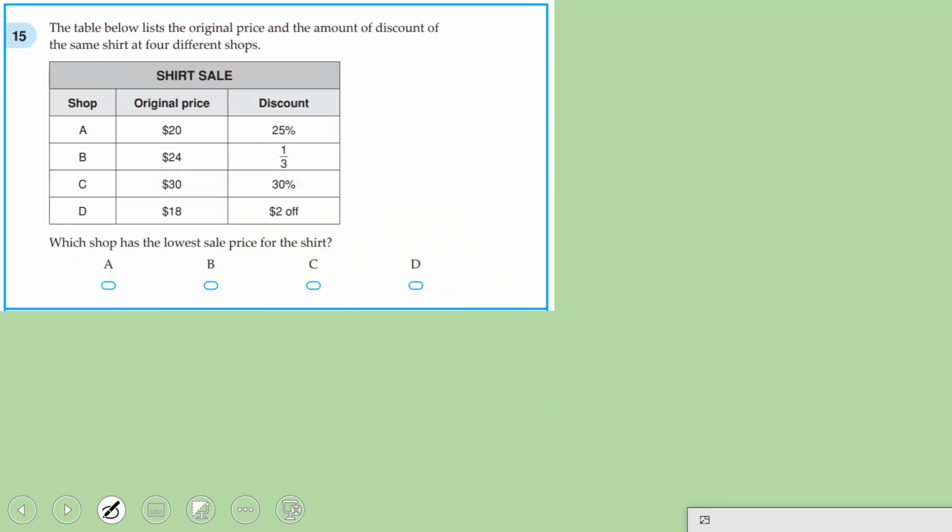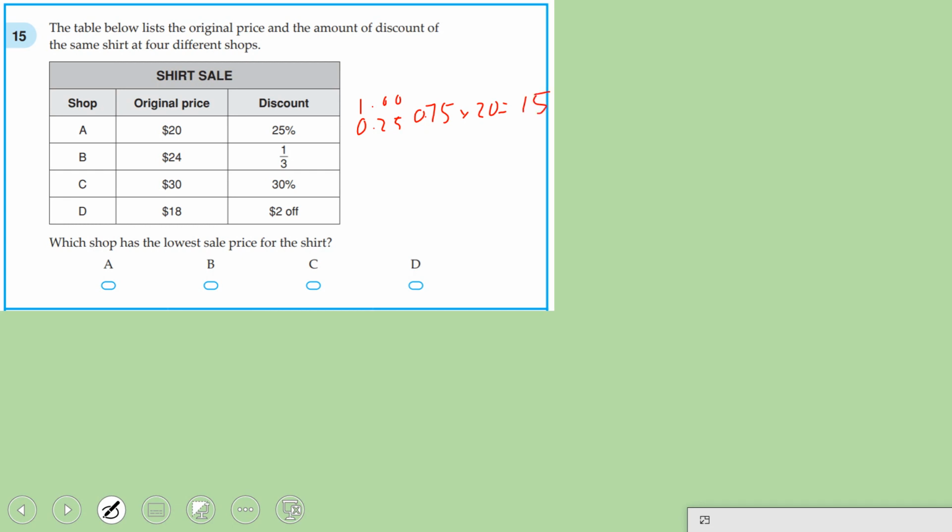The table below lists the original price and the amount of discount of the same shirt at 4 different shops. Which shop has the lowest sale price for the shirt? So it was originally $20 and it's losing 25%. If it's losing 25%, that means it's going to be 1 minus the 25% of the original price, which is 0.75. So if we do 0.75 times 20, that tells us how much it costs for the first one,